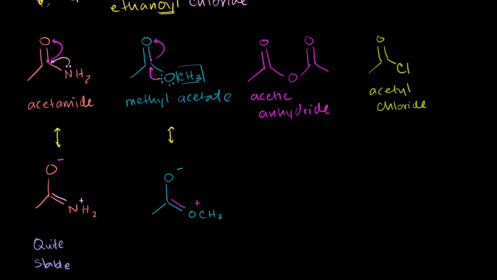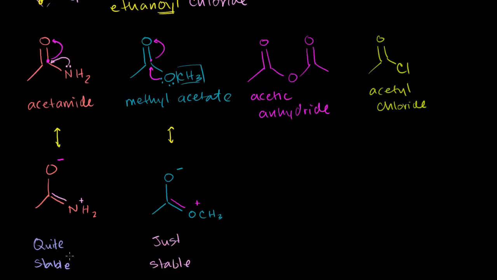So it would be marginally less likely to give away an electron than nitrogen would be. So this resonance structure is a little bit less likely, or when you think of it probabilistically, it's going to happen a little bit less frequently than this resonance structure. So this one right here is going to stabilize it less. So this is going to be a little bit less stable than the amide. So if we call this quite stable, I'll just say this is just